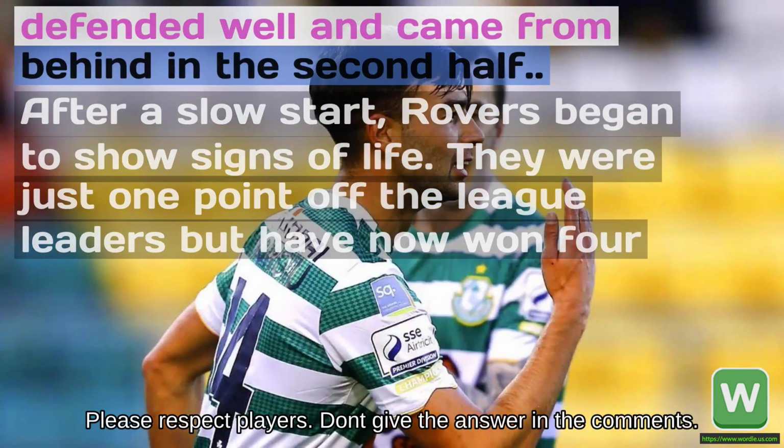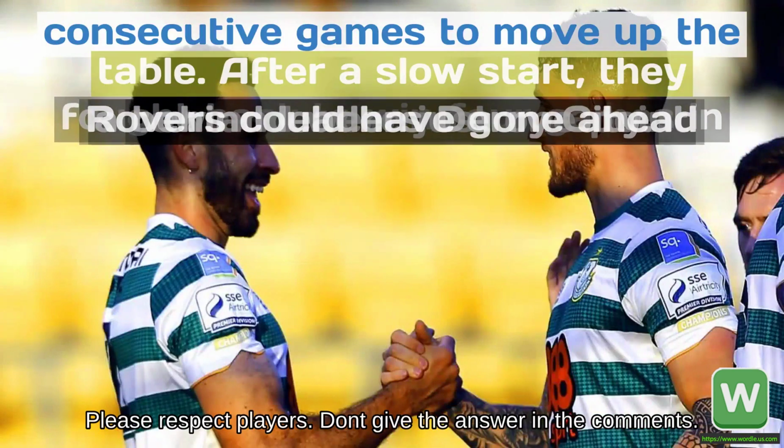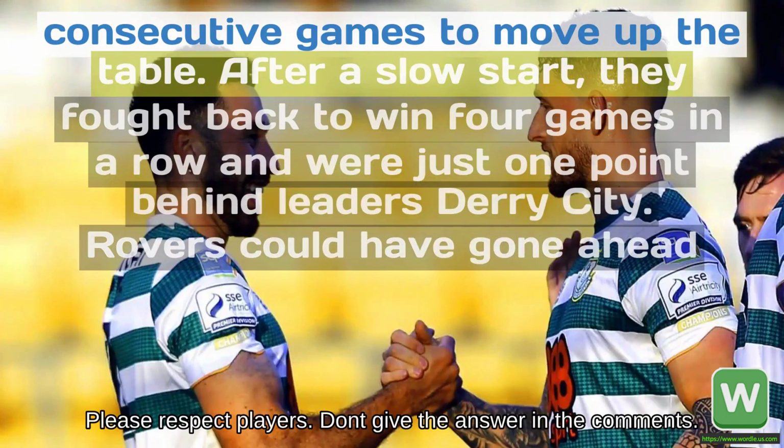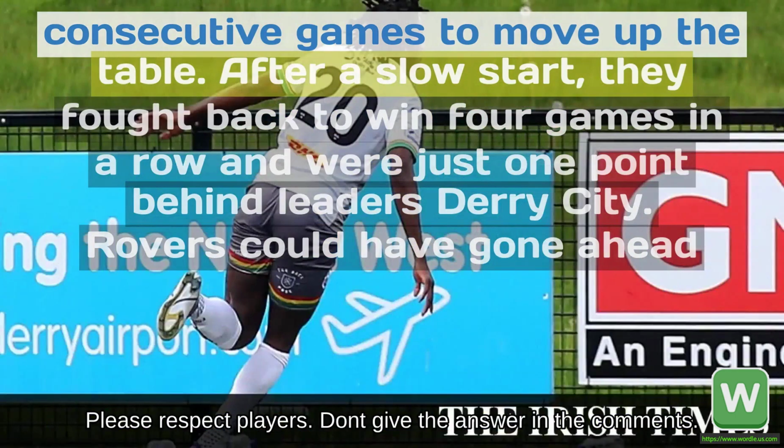After a slow start, Rovers began to show signs of life. They were just 1 point off the league leaders but have now won 4 consecutive games to move up the table. After a slow start, they fought back to win 4 games in a row and were just 1 point behind leaders Derry City. Rovers could have gone ahead after 2 minutes, but a superb save from James Talbot